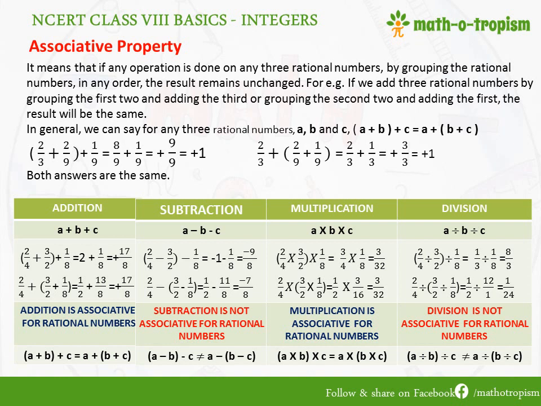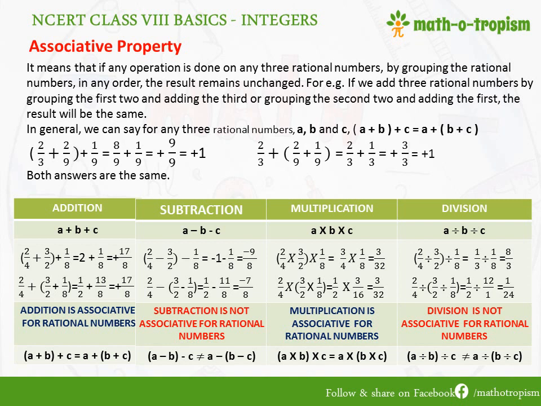Now, how is this associative property useful? If we see the example which we have taken, in the first case, we needed to do the LCM first and then find the answer. But in the second case, we were adding the numbers with the same denominators first, and it was quite easier because after simplification of the sum, it became the number with the same denominator as the first number.